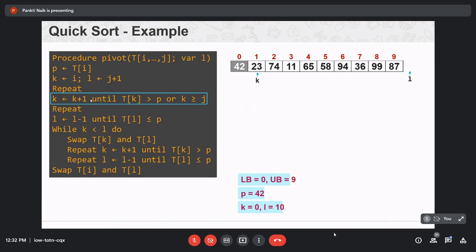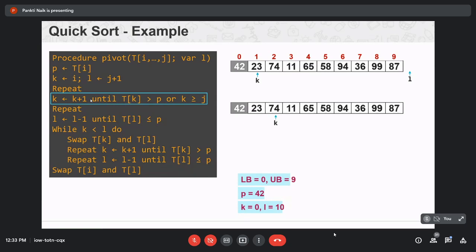Now our K is equal to 1. Repeat the same. T of K, that is 23, is greater than pivot? No. Or 1 is greater or equal to 9? No. So K plus 1.